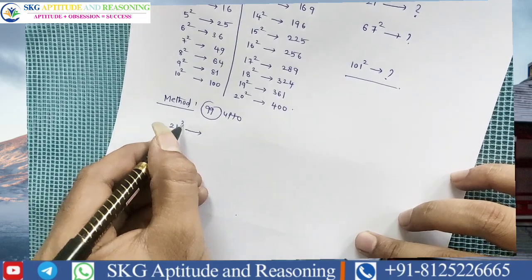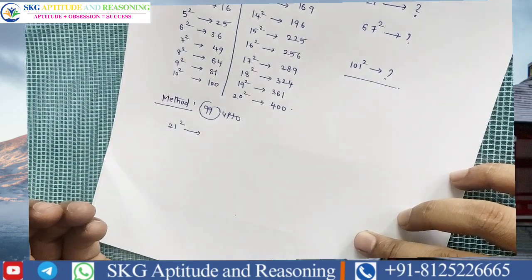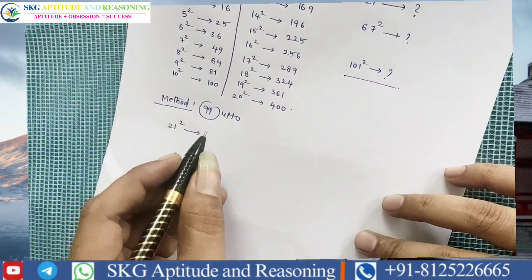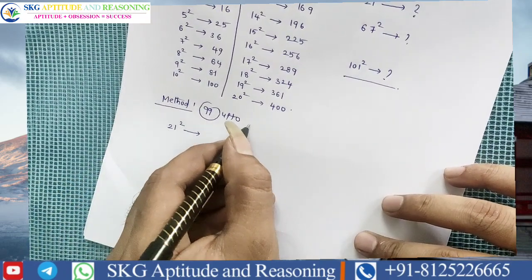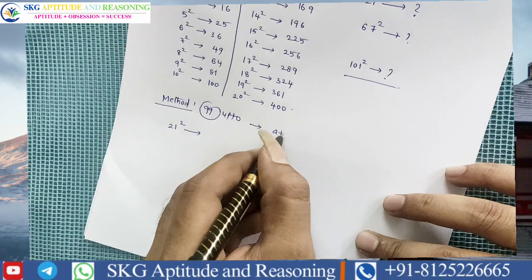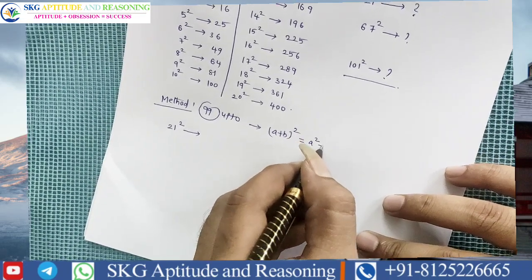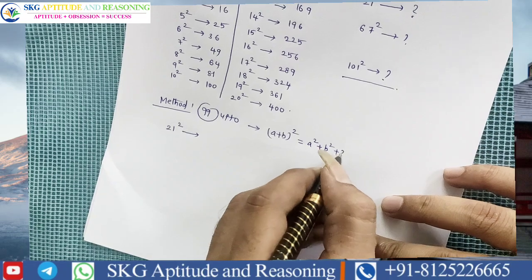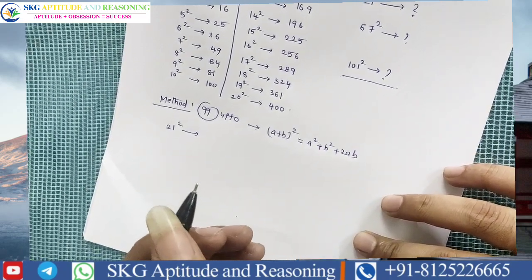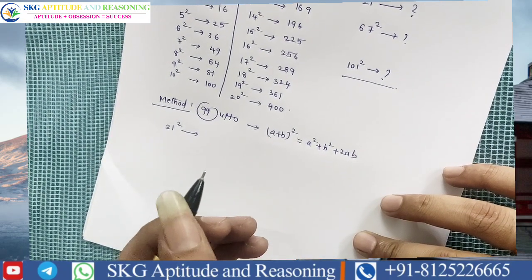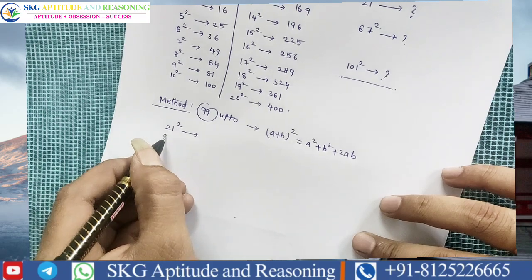I need to find the 21 square value here. For this we need to remember the basic formula of a plus b whole square. A plus b whole square is nothing but a square plus b square plus 2ab. So if I consider this number as ab,